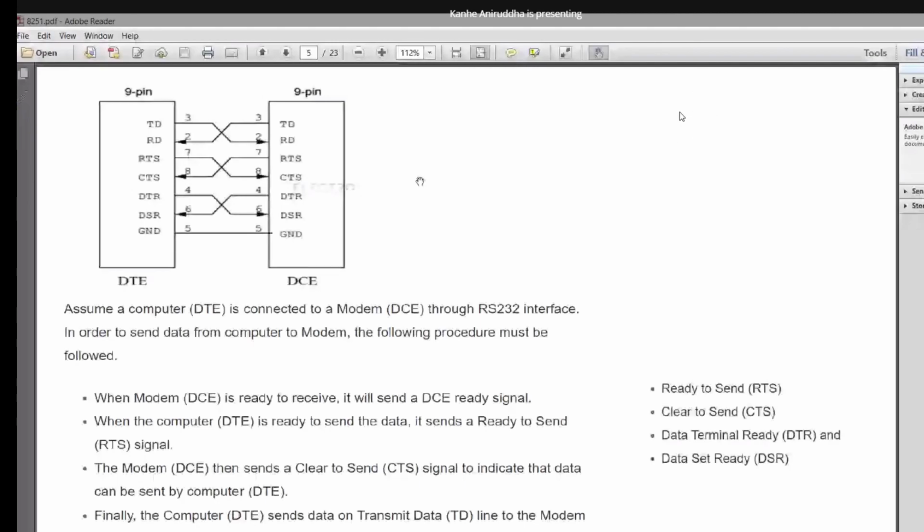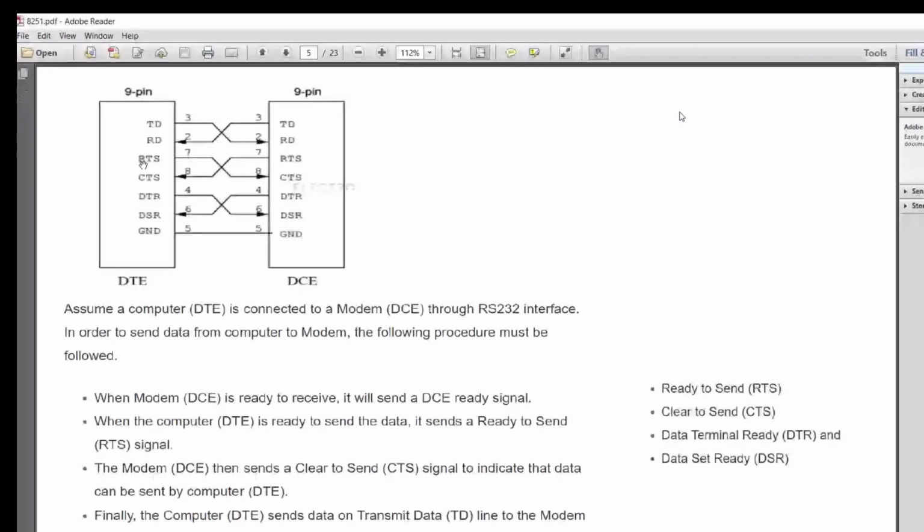The clear to send will be received, and then data terminal ready will be given out by this. Before sending the characters, data terminal ready will be asserted, and the other end, the communication equipment, will say that it is ready to receive by making this DSR ready.